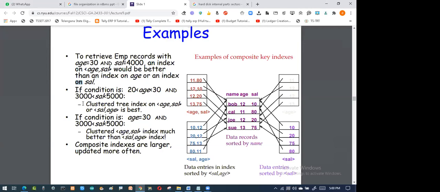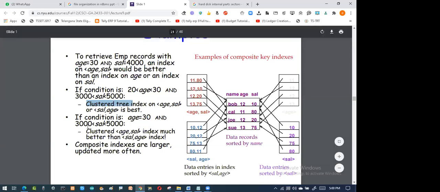So I'll make the cluster tree for this. You should know about the tree, how we bring it up. An index on age, salary or salary, age. I can go vice versa. I can say AB or BA, both are the same. Or I'll go for the condition that age is 30 and salary between 3,000 and 5,000. I can directly say only age. Here it has not been mentioned that age is 30, so it can be below 30 also, or it is 30. So I'm taking 20 to 30 as a between, or directly I can go for the 30.